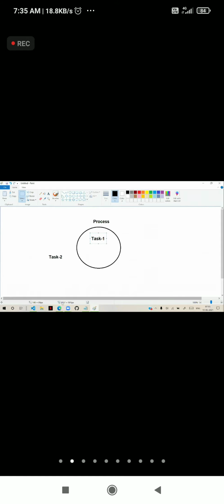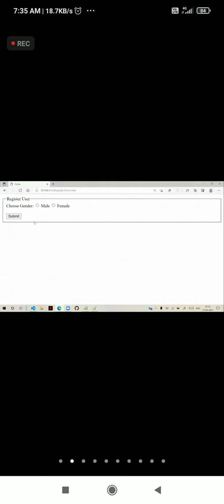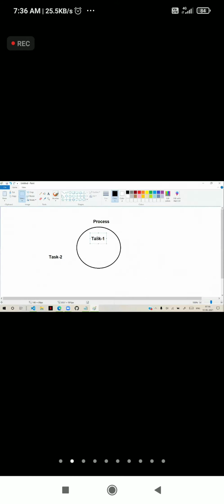That means you see here in the radio button, I selected male and I don't want it selected. To deselect, I am clicking one more time on it. It's not working. That means it went into the process and it cannot come out.